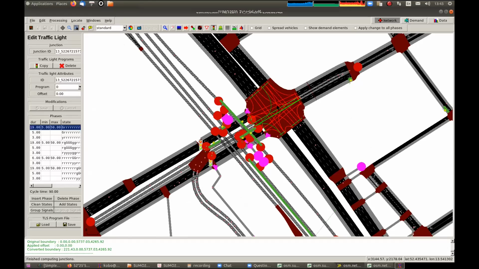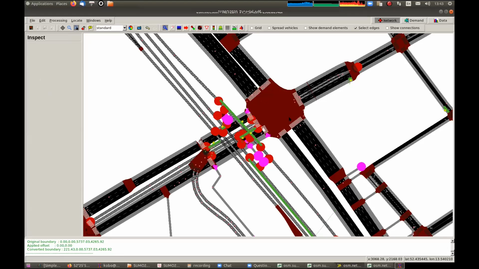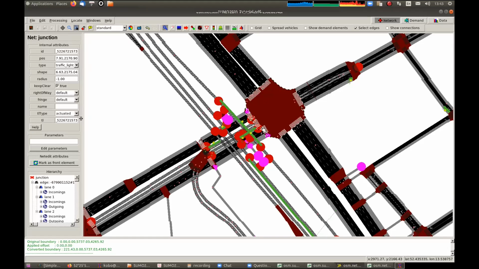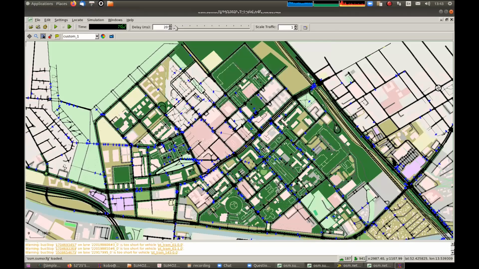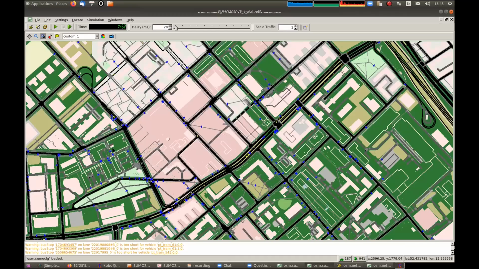And when you click on it here, you can see some properties of the traffic light, but actually we want to see some other properties. So we use the inspect mode, inspect the intersection, and here we see the type of the traffic light. It's actuated, which means that in the simulation, there are little detectors. And whenever there's a long queue of cars waiting here, then the phase will basically be kept open long enough to clear the queue. We can actually see these detectors in SUMO